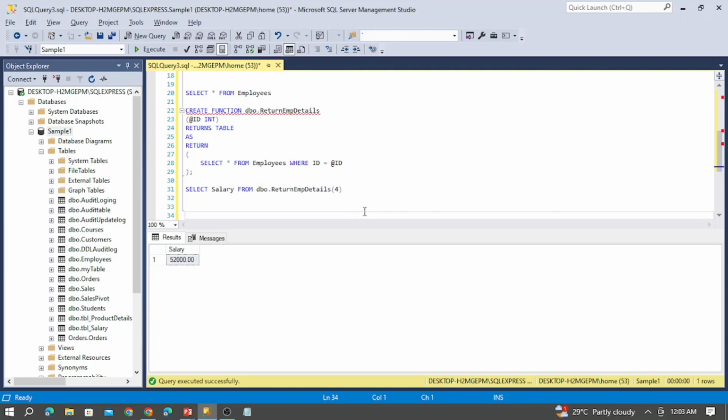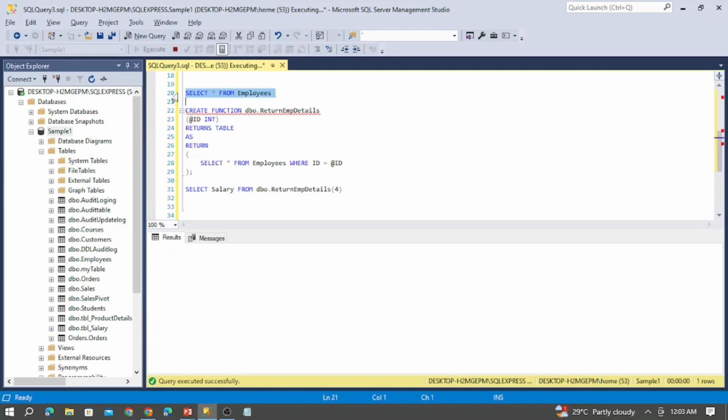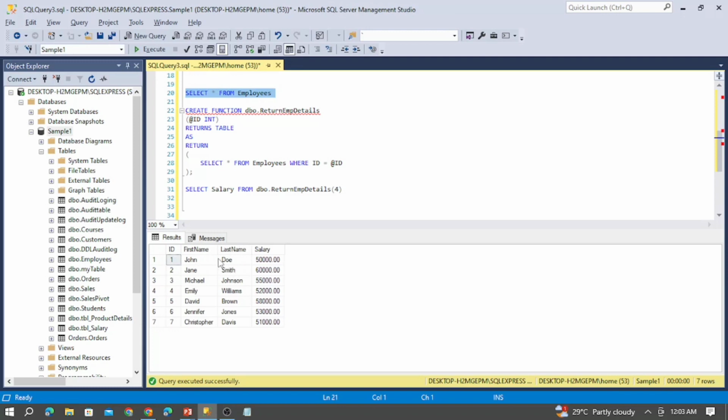We can also see another function that can be used along with our select statements to perform a simple logic. So let me execute the select statement. Here I have a first name and last name. For a simple example, I am going to concat this first name and last name and return a full name column along with this select statement. So for this, let me create another function. Create function dbo dot full name